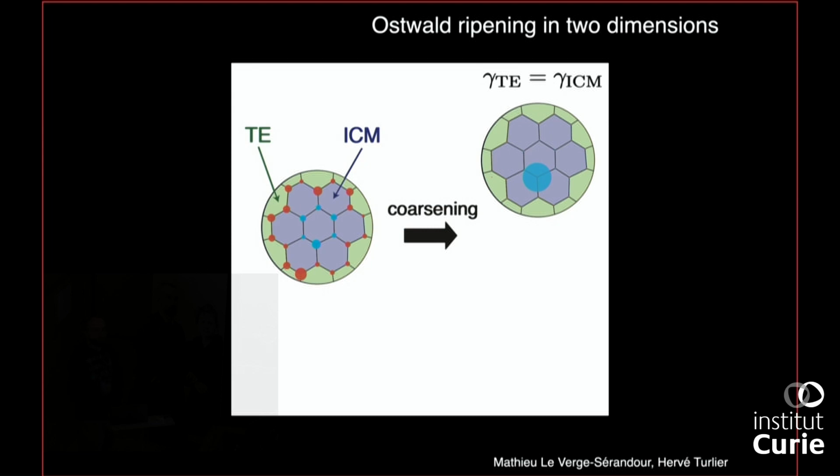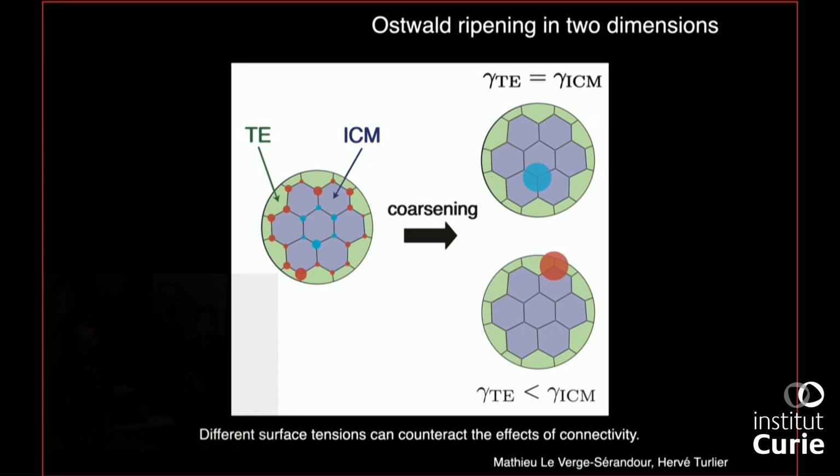This is not what happens. But if you make the ICM have a higher tension than the trophectoderm, which is the surface, then the lumen will form at the trophectoderm-ICM interface, which is what we observed. We knew beforehand that the ICM cells are more tense than the trophectoderm cells, so it was not a surprise.